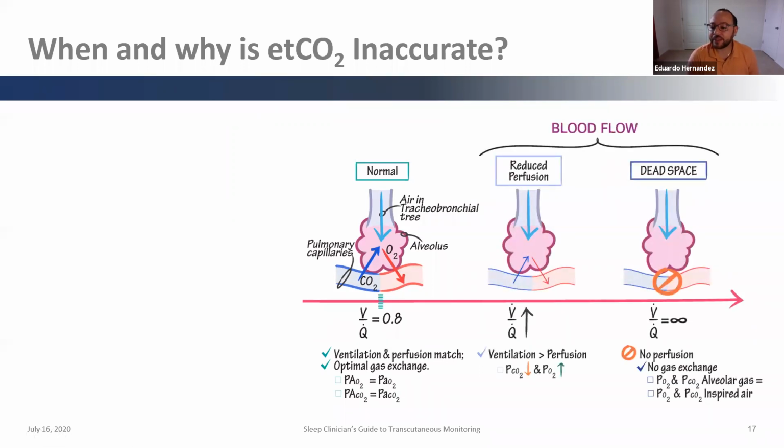But on the right-hand side, we have instances where something is abnormal. There's a mismatch between these VQ. For example, cardiac patients, patients with cardiac abnormalities or anomalies, shock, sepsis. We'll see that the perfusion is not doing what it needs to do. The takeaway from this is that if you're not having a normal ventilation perfusion ratio, what you're exhaling is not going to be indicative of the CO2 values in the arteries going through these capillaries. So for example, if you're exhaling a value that you're recording via end-tidal CO2, it really is going to be varying vastly